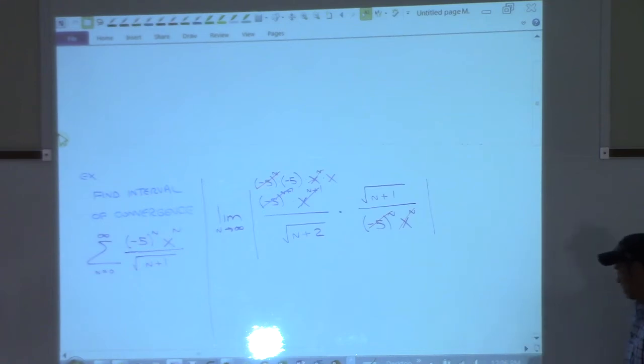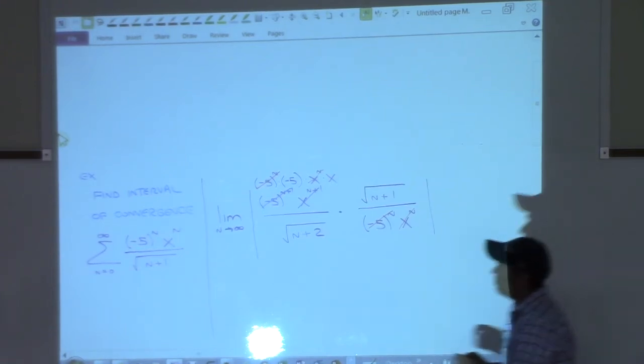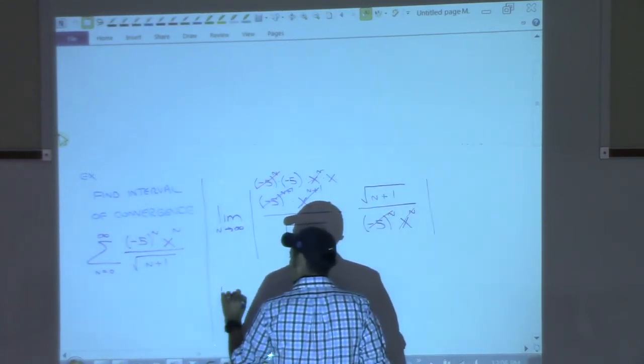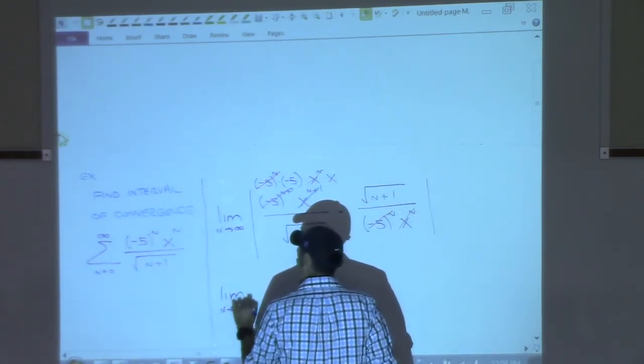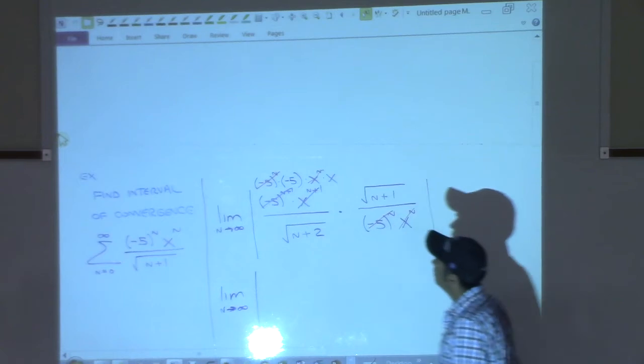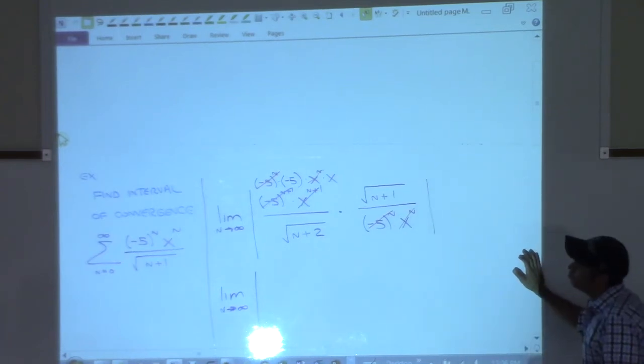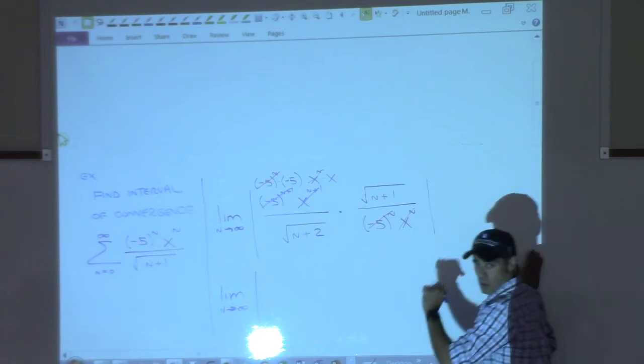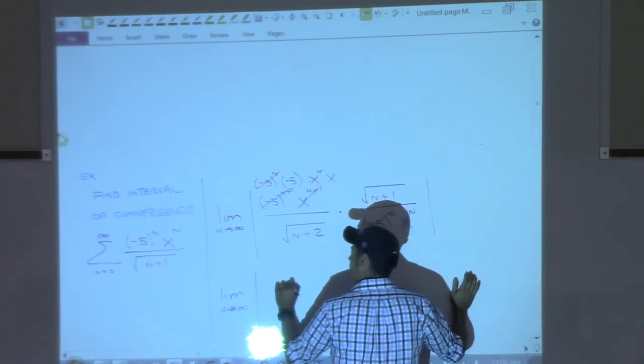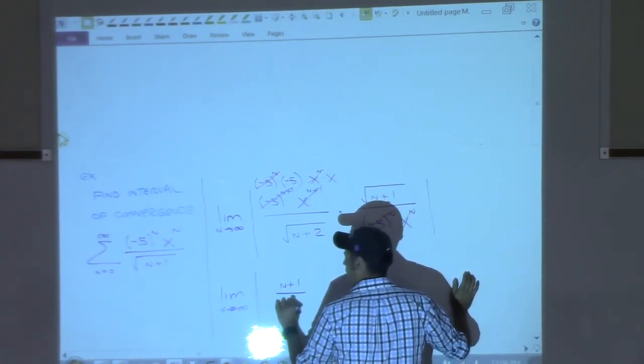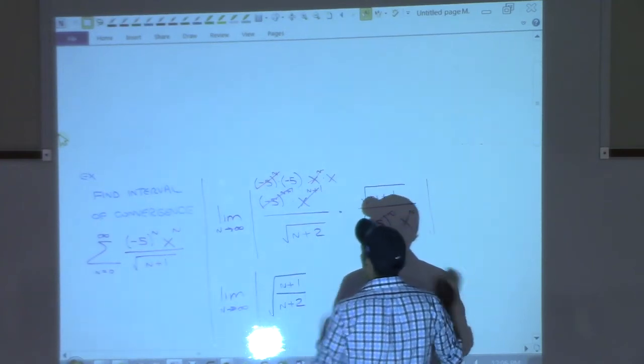Okay, so what do you want me to do next? You can rewrite the limit as the absolute value of n plus 1 over n plus 2, and you do the root over the whole thing. Okay, so n plus 1. So you want to go ahead and put those together. That's fine. And then off to the side,